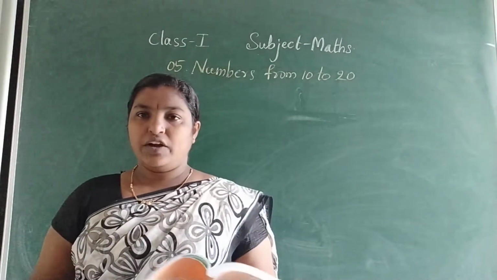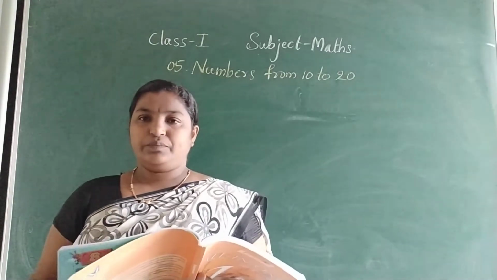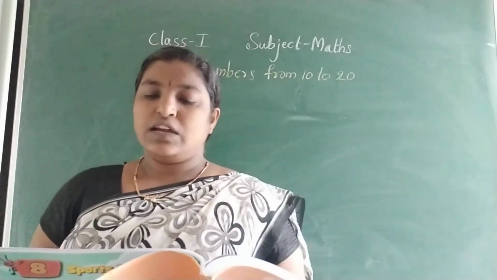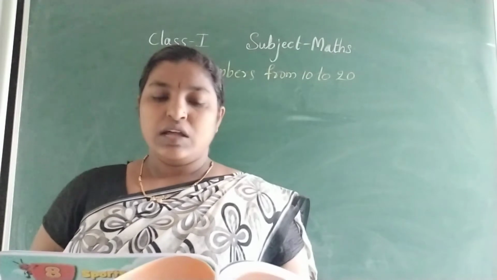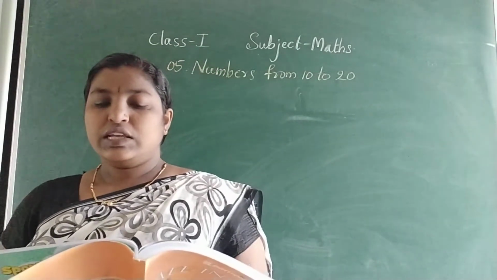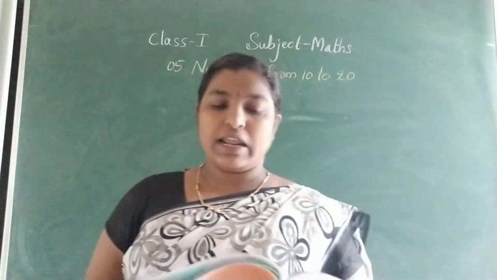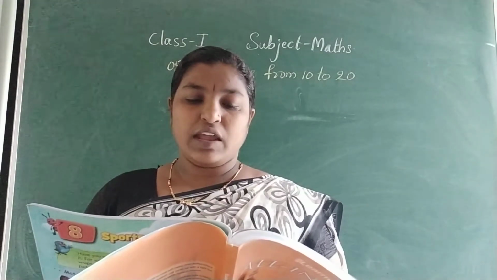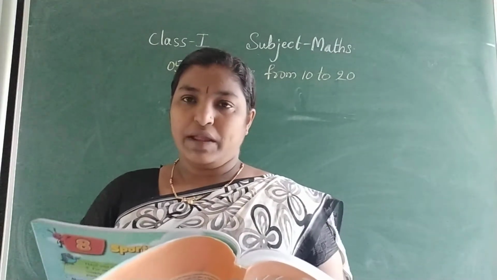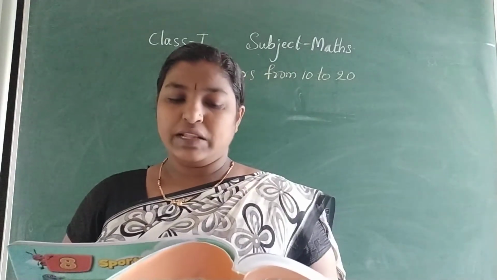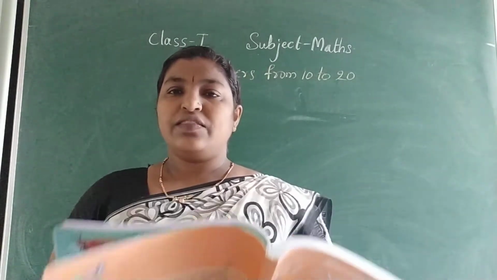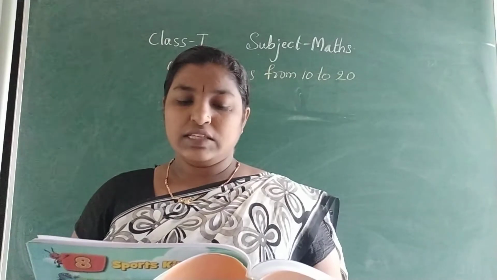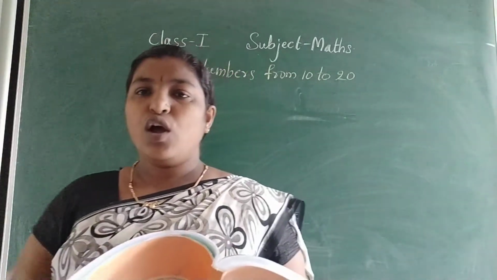Next, page 205, number sequence 10 to 20. Count and write the numerals. 1 is done for you. We can write numbers in tens and ones. See, just look at this picture. There are some pencils. In the first group, 1, 2, 3, 4, 5, 6, 7, 8, 9 pencils plus 1 pencil is equal to 10 pencils. So that 10 pencils is nothing but 1 ten. Regroup. 1, 2, 3, 4, 5, 6, 7, 8, 9, 10 is equal to 1 ten.